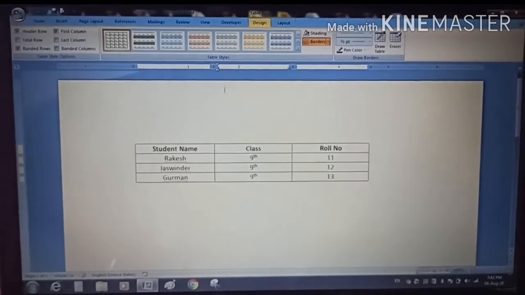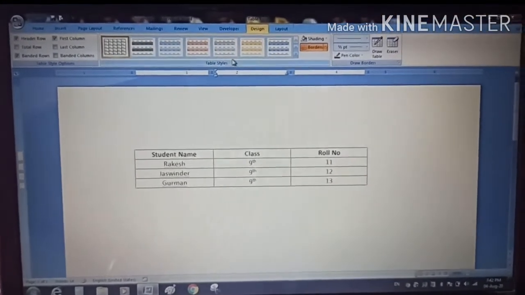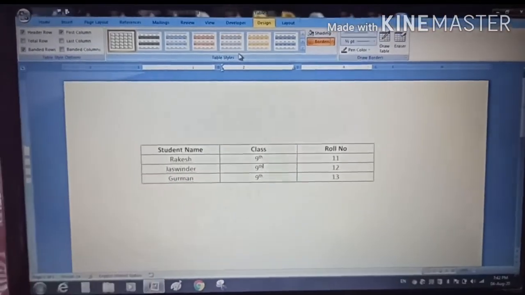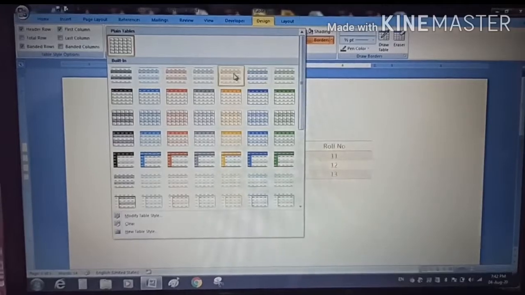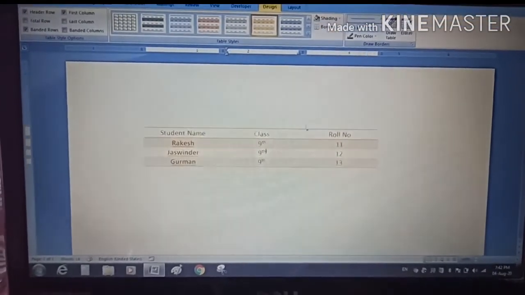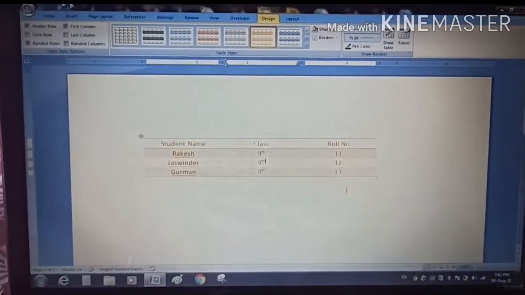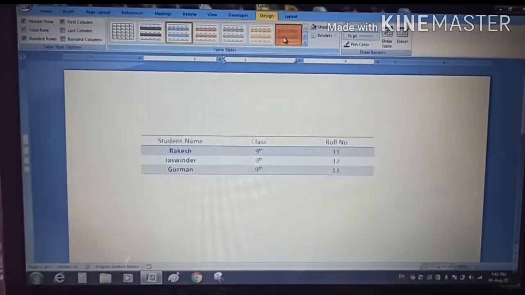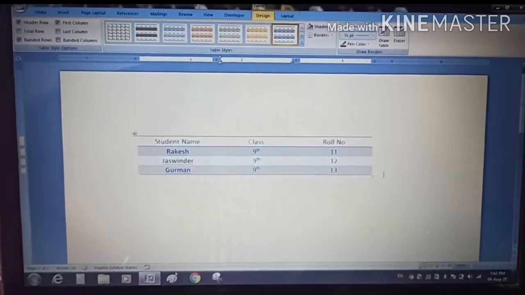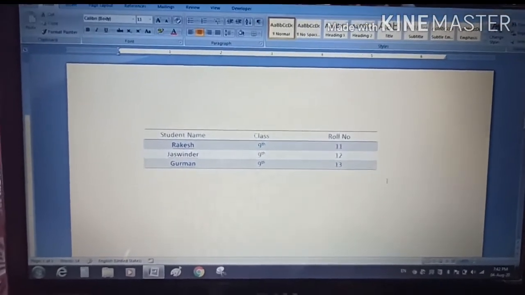So under the design tab here is the table style. We can pick any inbuilt style. For example, we can apply any style on the table like this. So in this way we can change the formatting of the table.